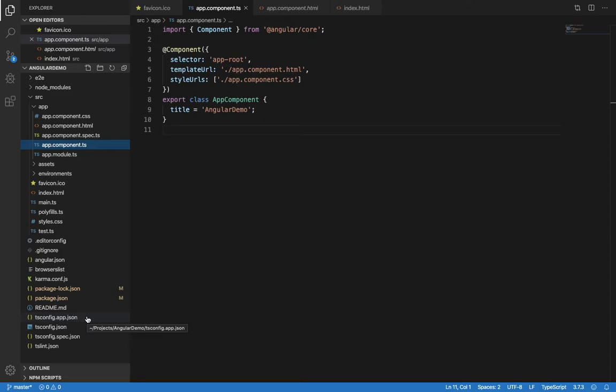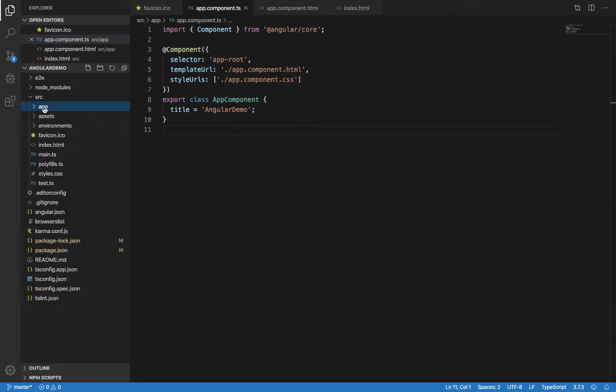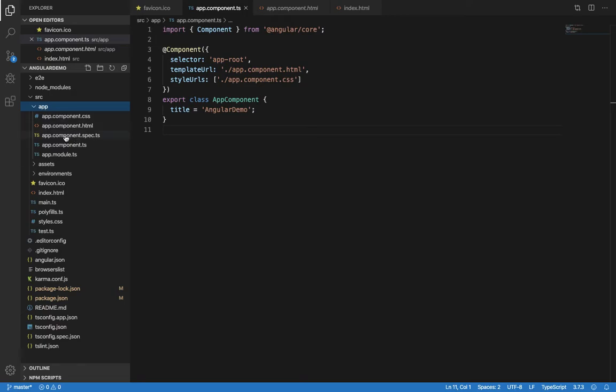So now we'll go to the component discussion. Okay, so what are components? When you create a new Angular app, this app folder will get created, and inside this app folder you will get app.component.ts, and this is the root component of this Angular application, as I had already told you, right? So what are component classes? Components are the basic building blocks of an Angular application, and these components are basically a JavaScript class, and these are made up of three things.